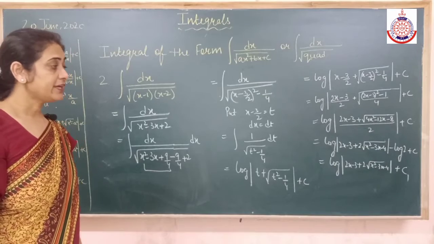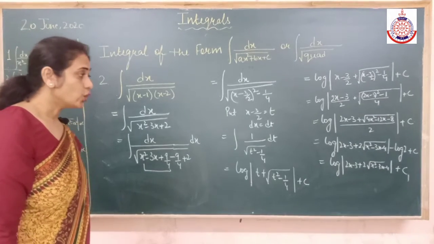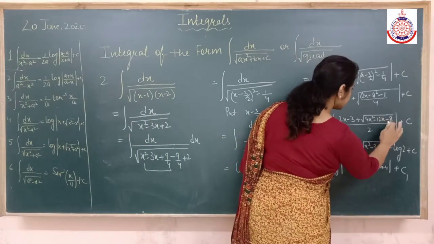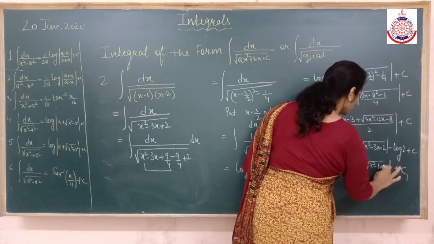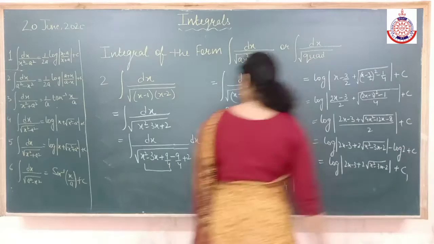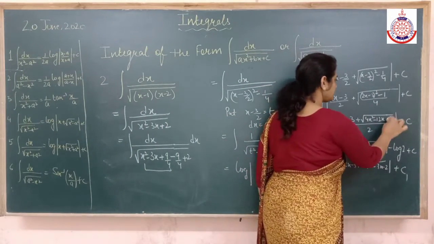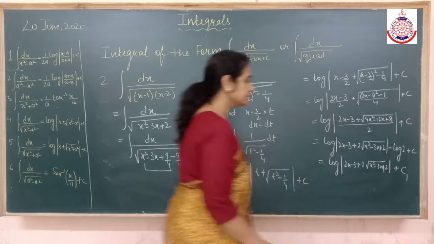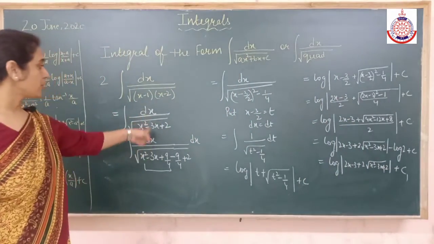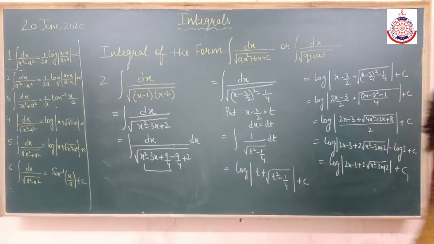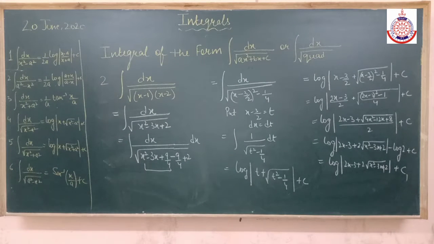Alright children, fine. So that way we are going to solve it. Understood? Any doubt? We have taken 4 out. Sorry, if I take 4 out, it would be 2. Fine. Alright, and it was plus 9. Clear? So almost you get the same thing from where we started. Clear to everyone? So if I have a 1 upon under the root quadratic, you have to solve in the same way. It will fall under any of the last 3 formulas and then you have to solve accordingly.